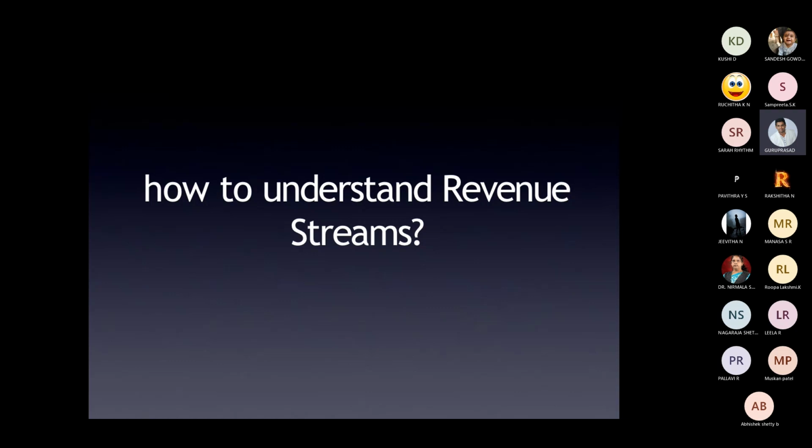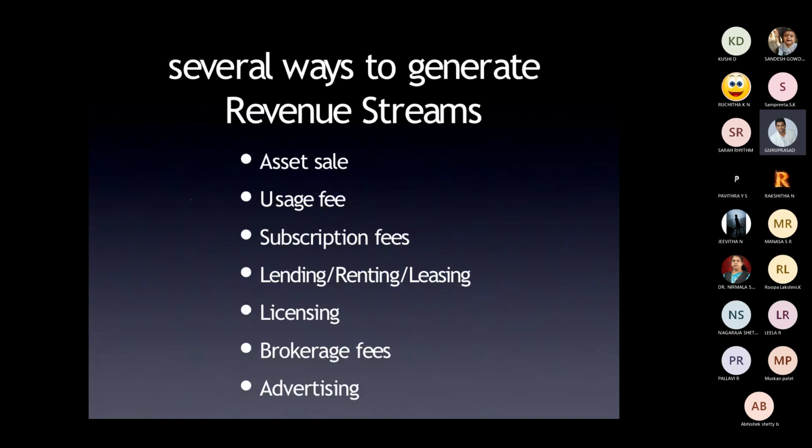For revenue streams you need to understand what they are currently paying, how they are currently paying, what they prefer to pay, and how much each revenue stream contributes. There are several ways to generate revenue streams: asset sale, usage fees, subscription fees, lending, leasing, licensing,